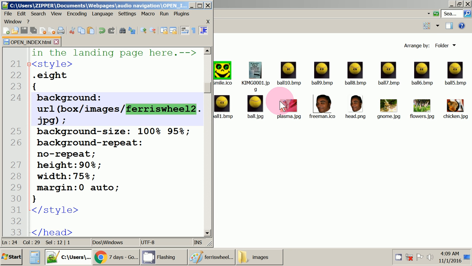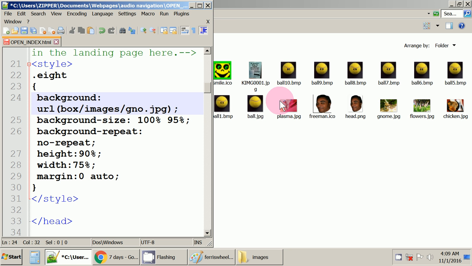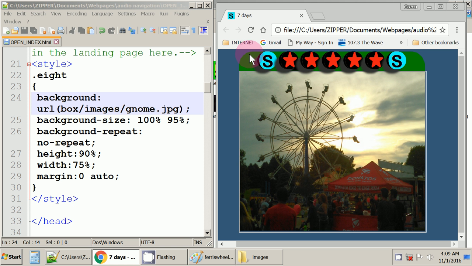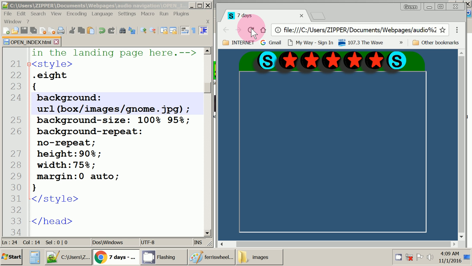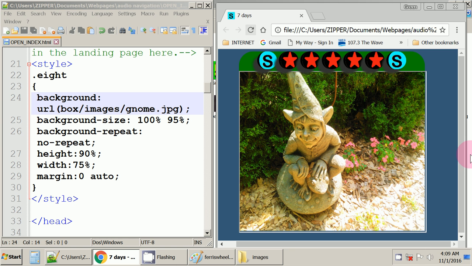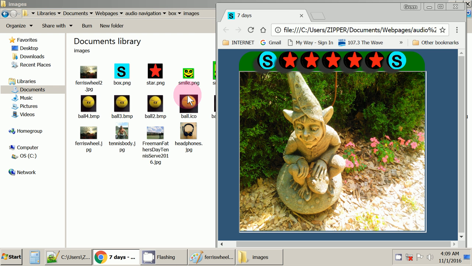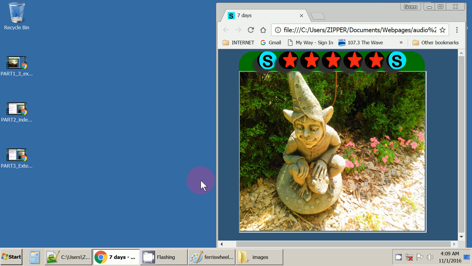Now this is going to be another large file size, but I'm just going to show you that this is where you put whatever background image you want to show in that iframe. So click this. Now I got the little gnome guy. Now one thing that you need to, let's see, I guess I don't need to throw too much at you at once, but what happens is